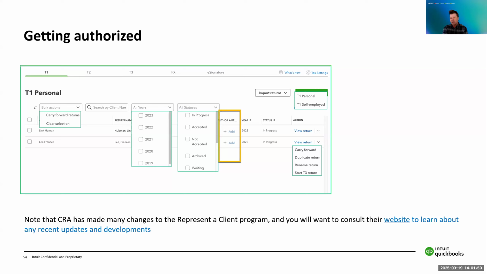It saves you a ton of time versus having to ask your client. Your client might not know. Then you call the CRA, you're waiting on hold. This way you can go directly online and view all of your client's information. Again, tomorrow we're going to be talking about autofill your client's return, so you can instantly pull that information that the CRA has as well.